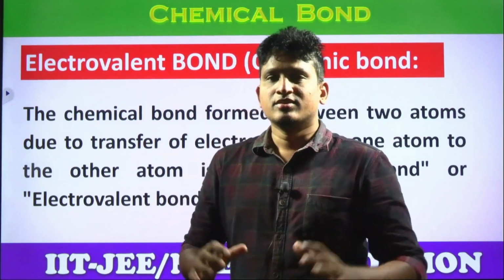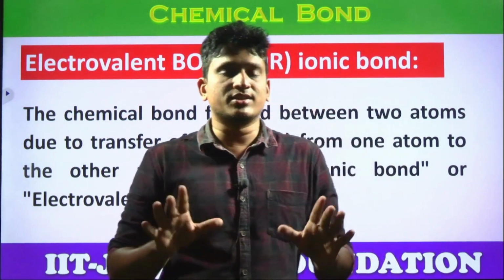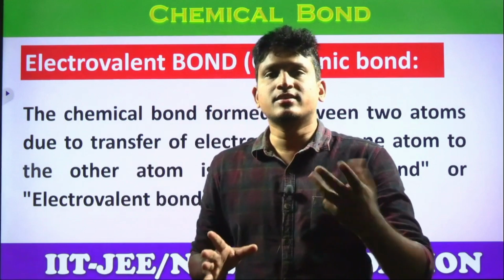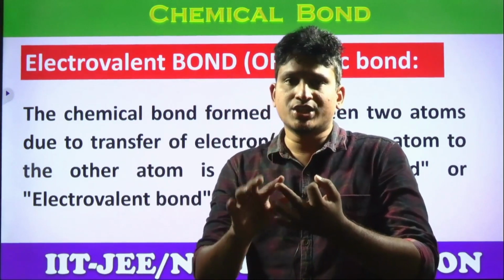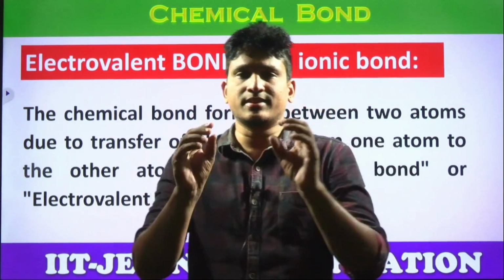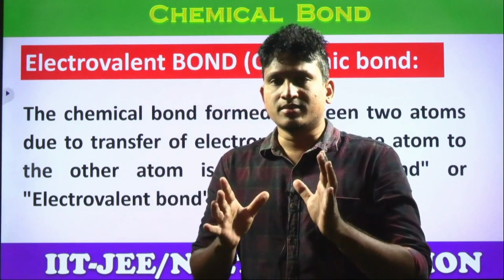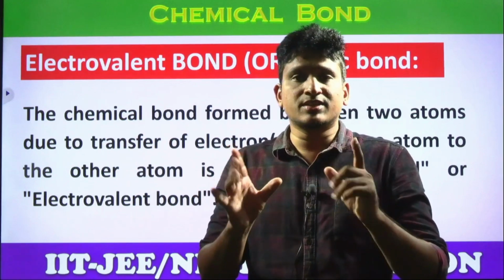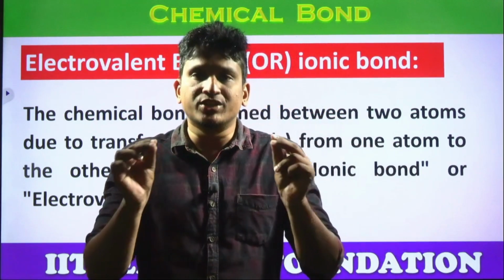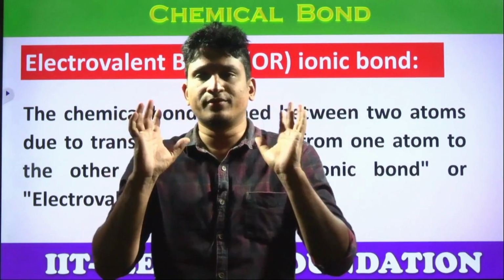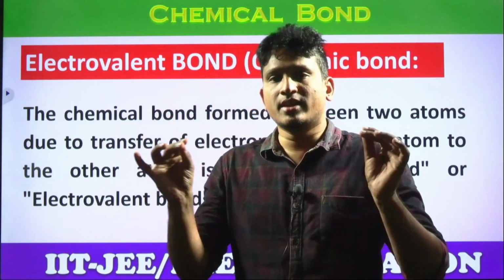Hello students. We all know that chemical reactions take place in three ways: losing, gaining, and sharing. Losing and gaining are associated with the same bonding, and sharing is completely different. Students, answer: all these reactions take place for what reason? In order to achieve noble gas configuration. Yes or no? The stable noble gas configuration.